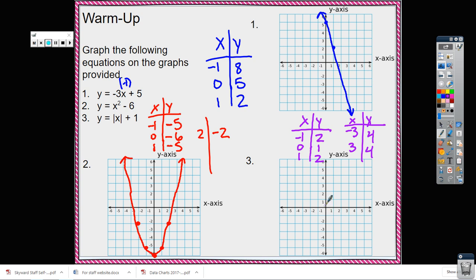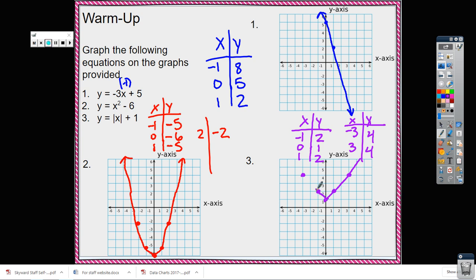So I'm going to do -3 and 4. -3, 1, 2, 3, 4. There's 1 point. -1 and 2, 1, 2. 0 and 1. 1 and 2. And then this last one, 3 and 4. So if I basically connect it,